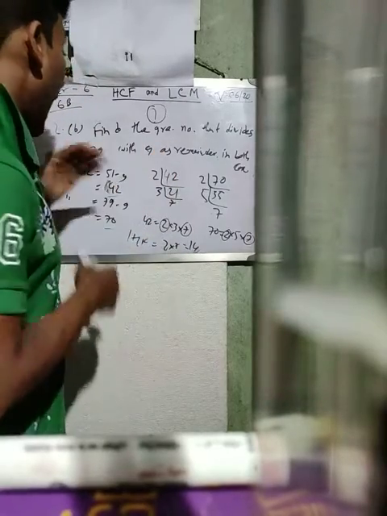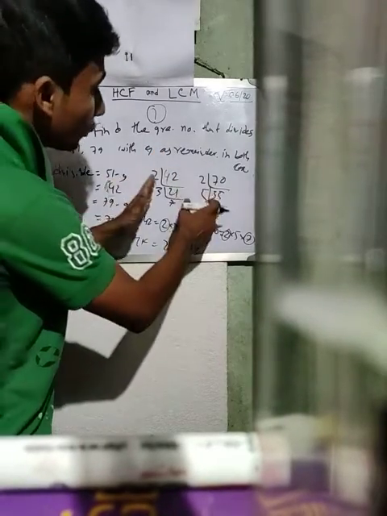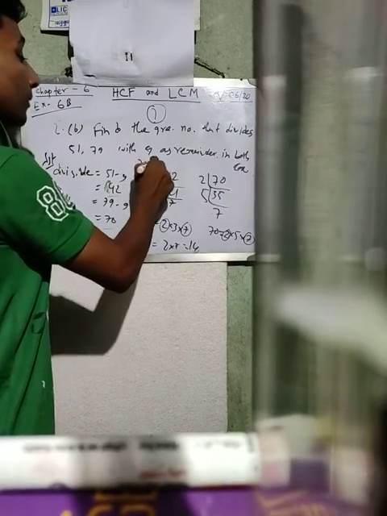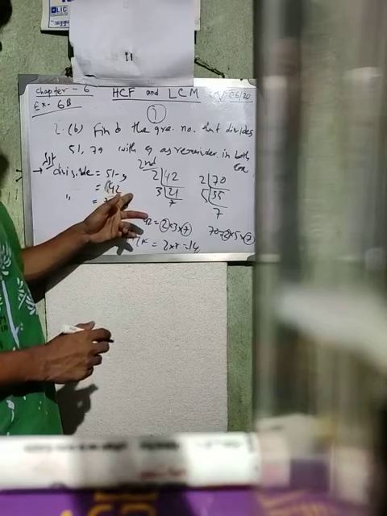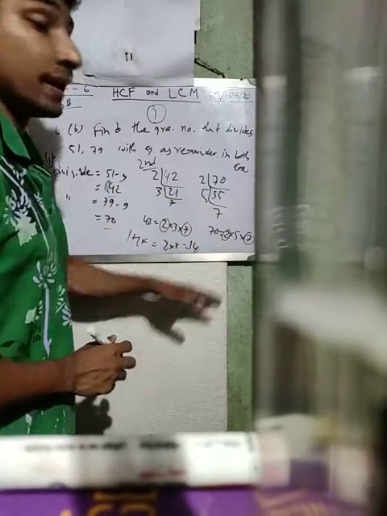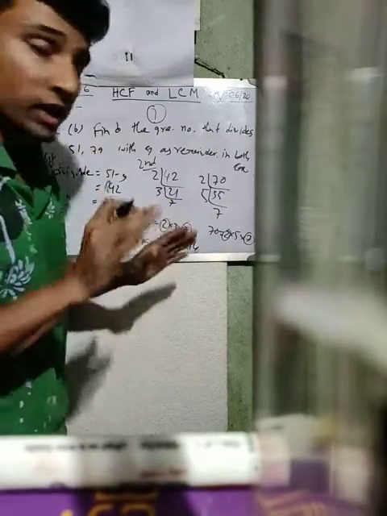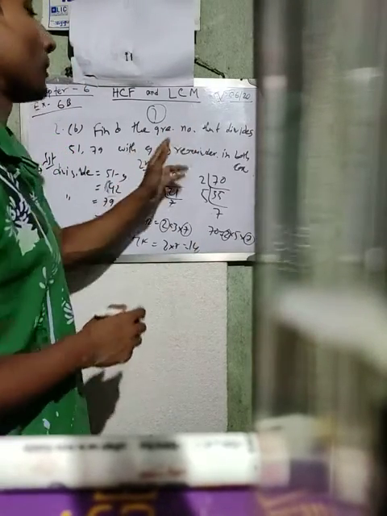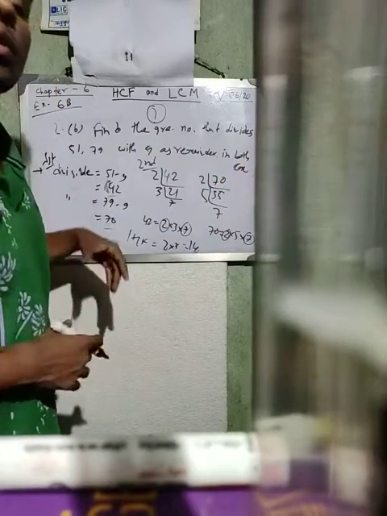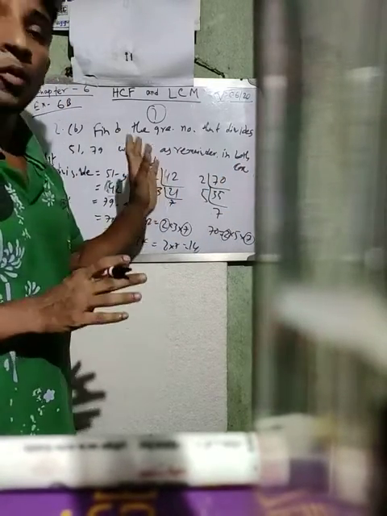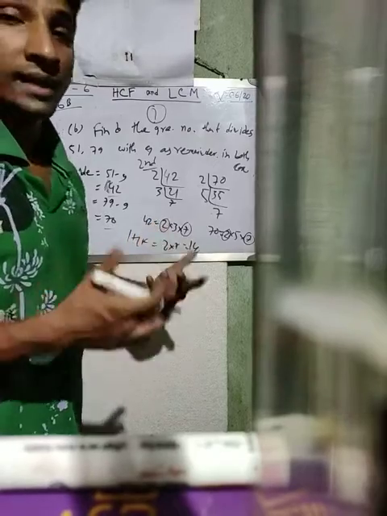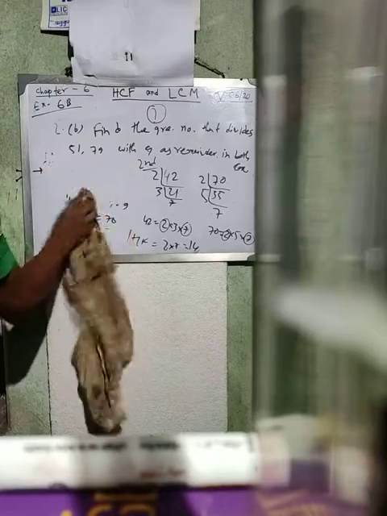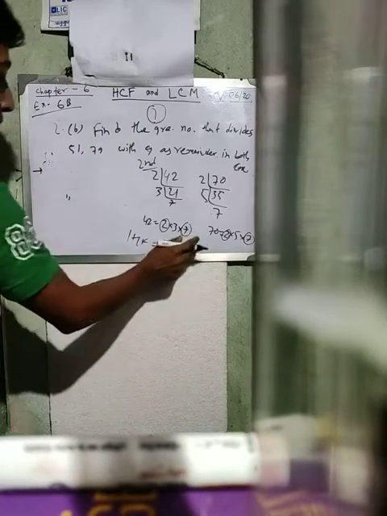Understand? At first you have to subtract, then do the HCF. This is the first step and this is the second step. At first you have to do the subtraction, then calculate the HCF. Why? Because these numbers are not divisible. If we divide these numbers with the greatest number, we will have 9 as remainder. So at first we have to subtract the remainder, then calculate the HCF, and we will have the result. If you want to, you can check it.